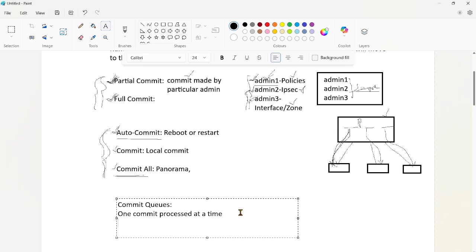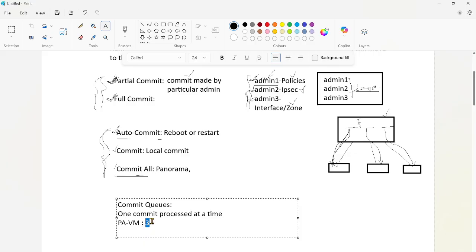Based upon the firewall model, the firewall will support a maximum number of commits in the queue. PAVM will support up to three commits in the queue while one commit is processing.